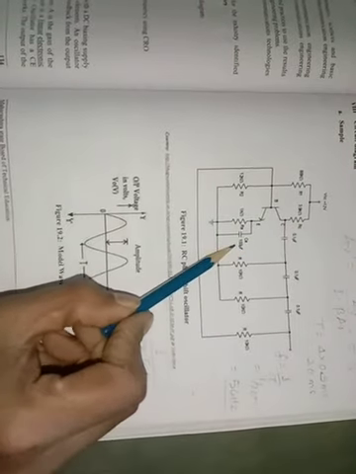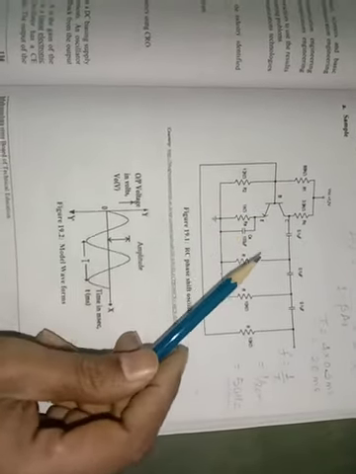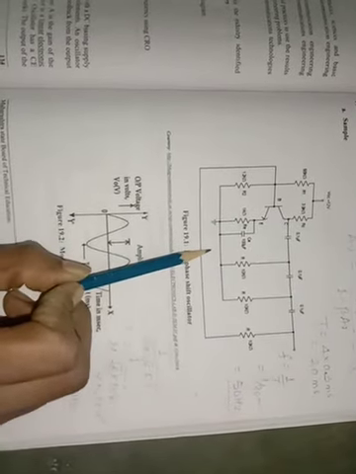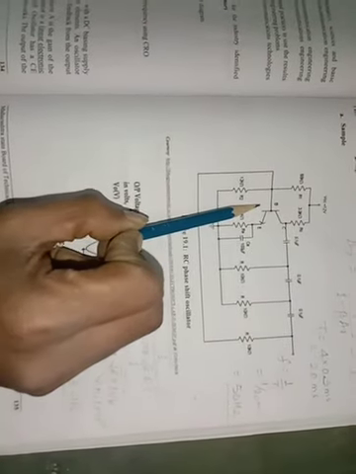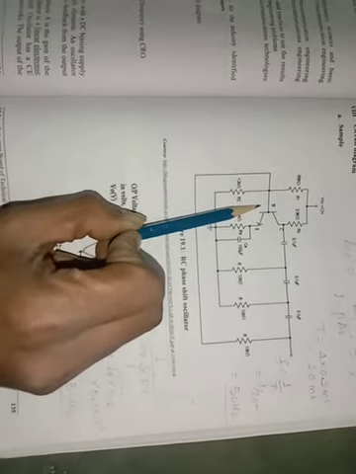So this is an RC phase shift oscillator. If we vary the value of the capacitor and resistor, we can change the value of the output frequency. In this oscillator we have to remember that one common emitter amplifier produces a phase shift of 180 degrees.